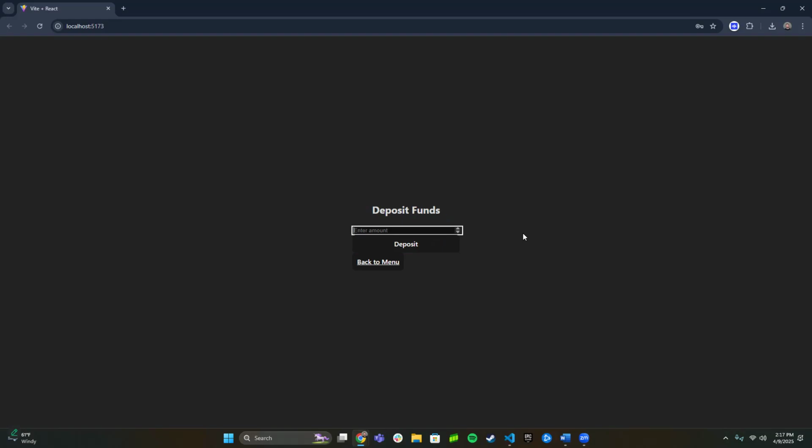So yeah, the deposit, we'll just go ahead and say 50, right? So it just says, okay, cool, you've deposited 50. So yeah, again, super simplistic. And again, the balance does not change. Again, it's hard coded in. It will not change. But so what we have here is the login screen, and then we have the menu